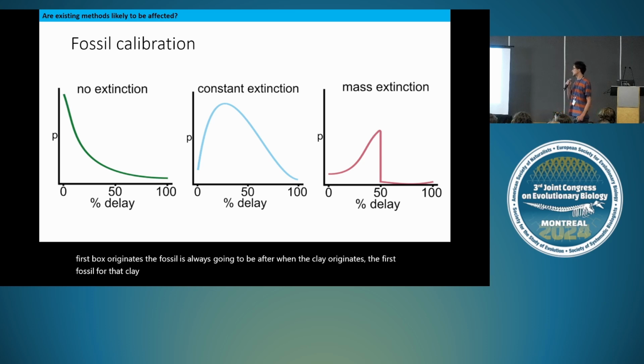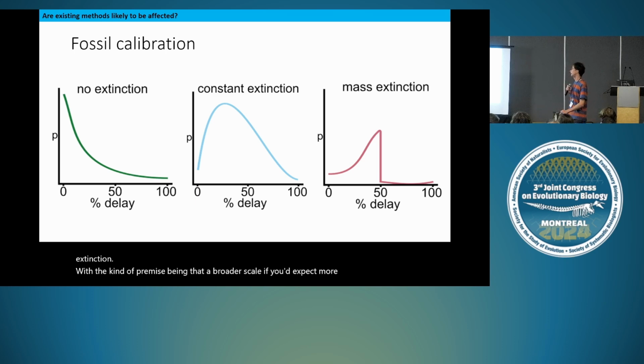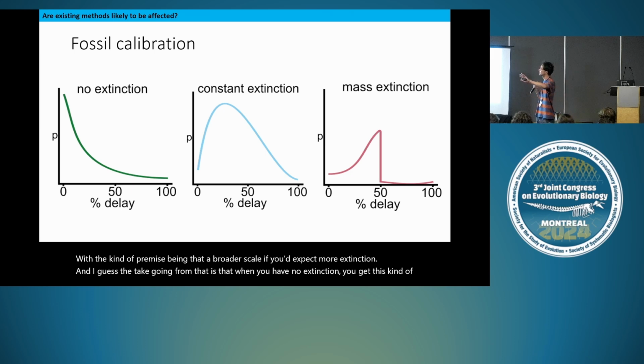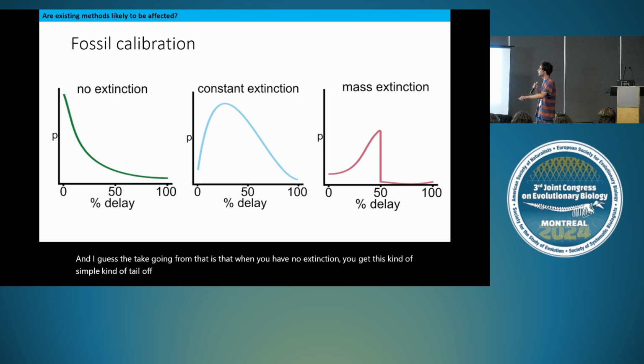So in the first example, it's basically just comparing different amounts of extinction, with the premise being that at broader scales you'd expect more extinction. And I guess the take home from that is that when you have no extinction, you get this quite simple tail off with time about when you'd expect to sample the oldest fossil for a clade,